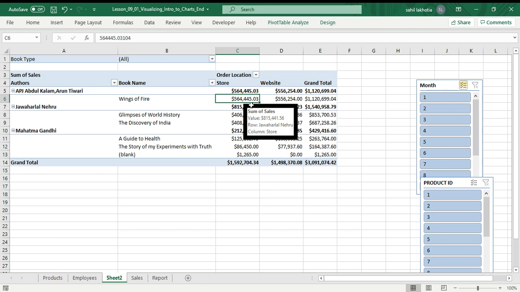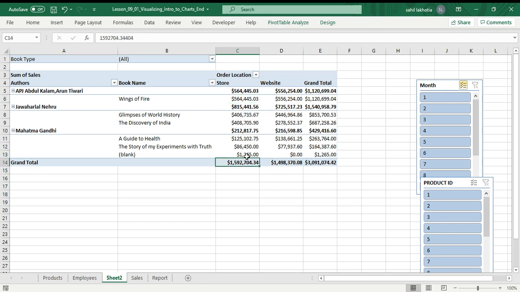So it is not changing whether we have the source in the form of a table or as normal data. If the data is in the form of normal data, it is not changing. If the data is in the form of a table, it is not changing. We have to come here, we have to refresh it. So please remember this point. You have to refresh at any point in order to reflect the changes. Please keep this in mind.